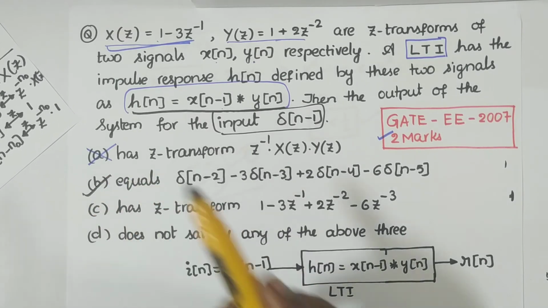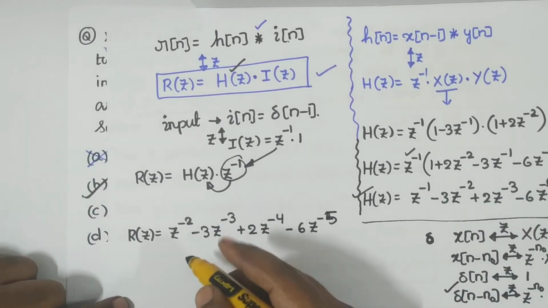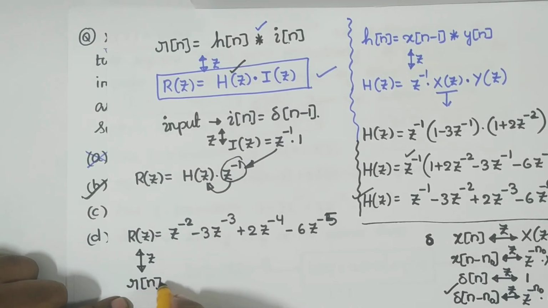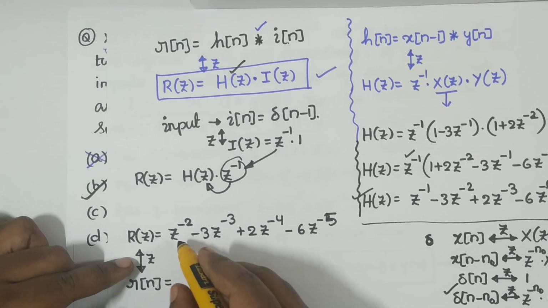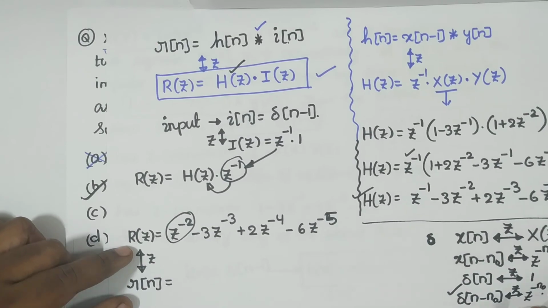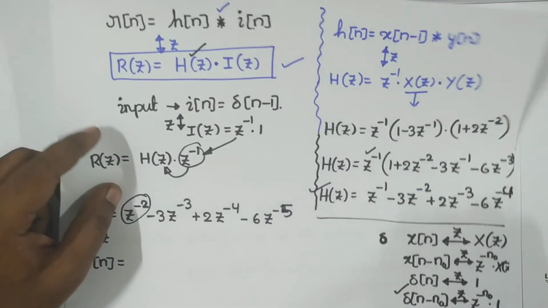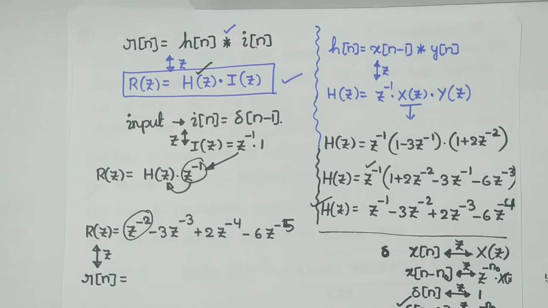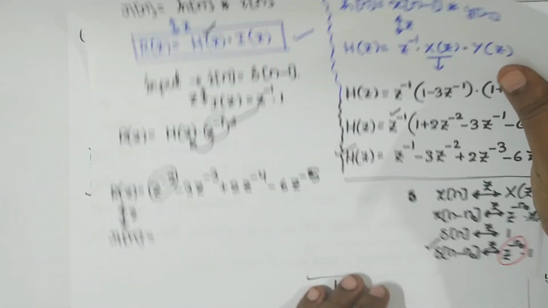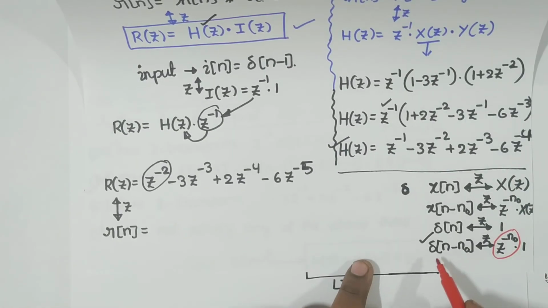Let me go for option number 2 once. We will see whether things are correct or not. So he gave something in the time domain. If I take its inverse z transform, what is the output of my discrete time linear time invariant system? You have z power minus 2. Now just compare with this: I have here z power minus n naught, so its inverse is delta of n minus n naught.